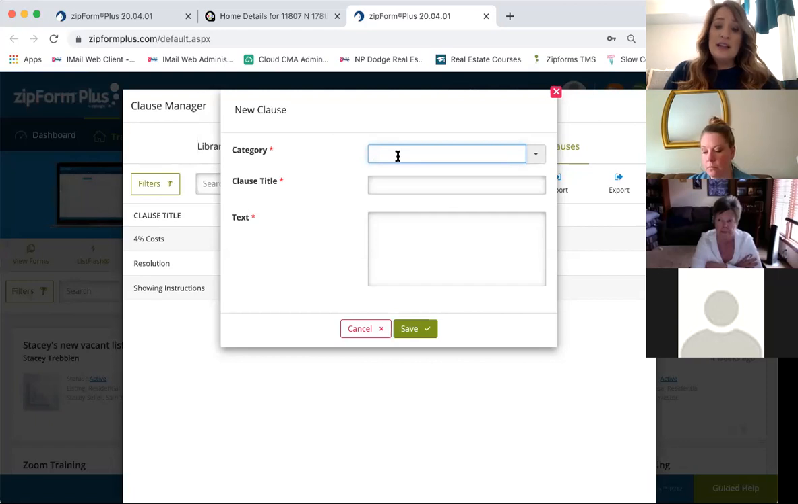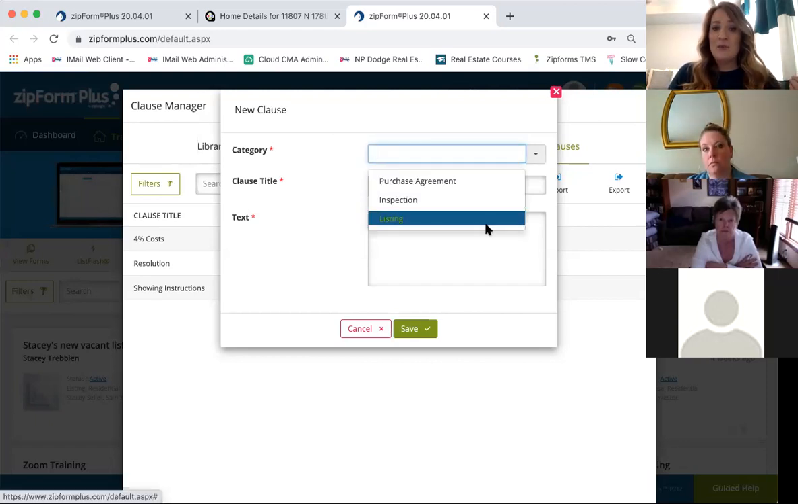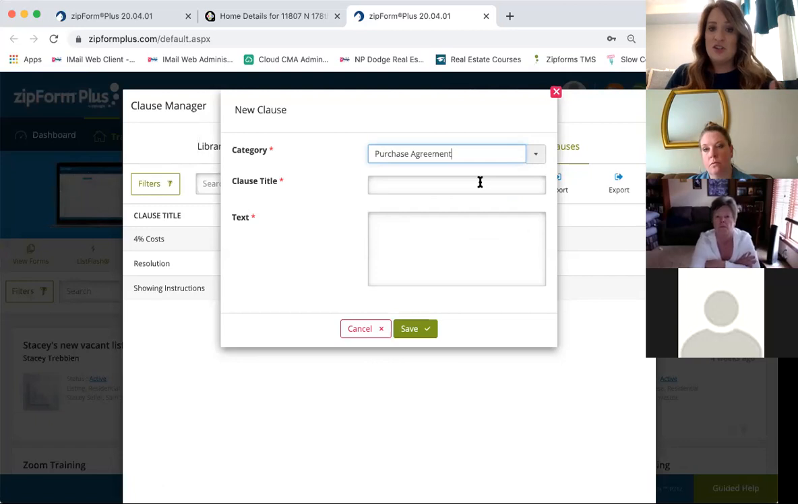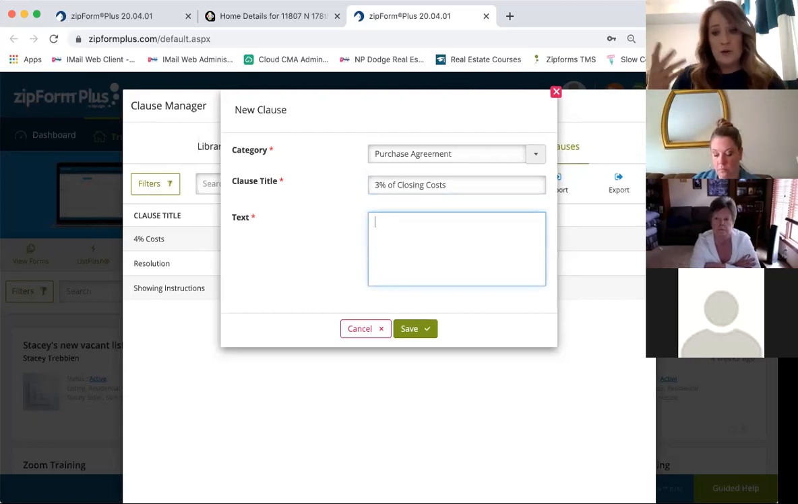If you've created the categories in the past, you'll just click on the drop down and they will live here like this. So you can say, okay, this clause I'm going to create, I want it to be in the purchase agreement category. Then I'm going to give it a title. Maybe this one, I'm going to call it 3% of closing costs. And then I get to type that verbiage that you guys write over and over and over. Seller to pay